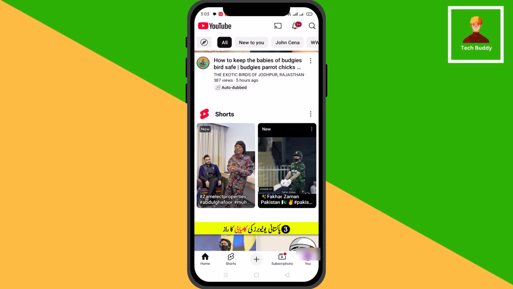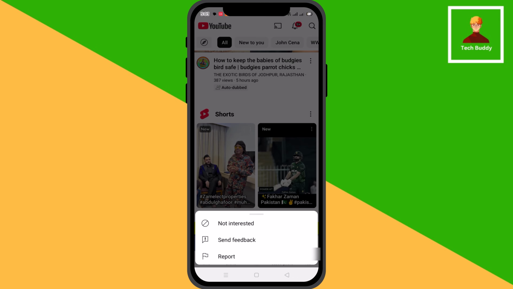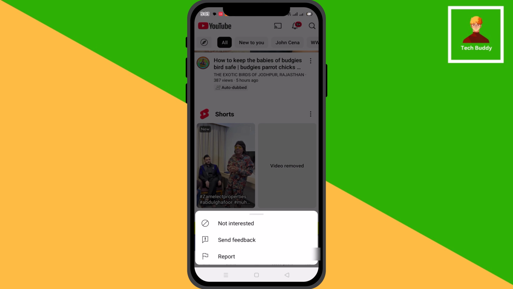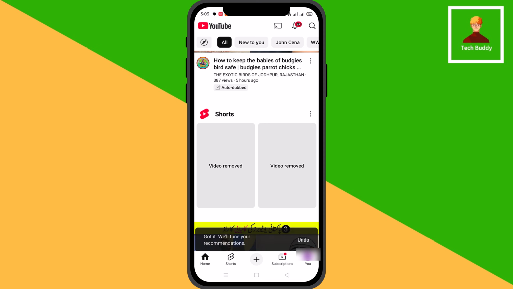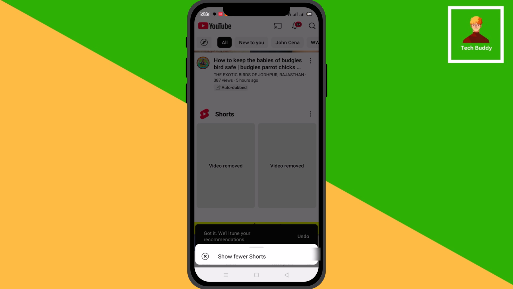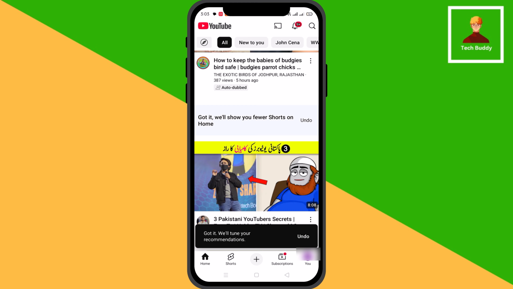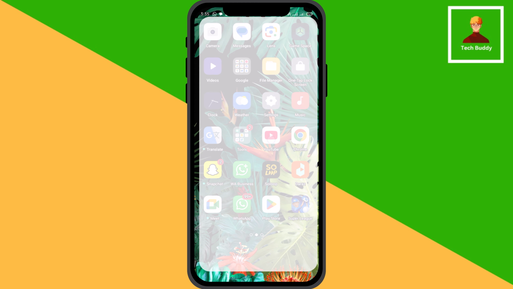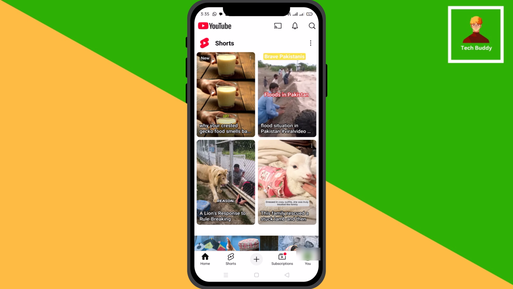To reduce them, tap the three dots on the top right of any short and select Not Interested. Do this for each short that shows up. Then, tap the three dots in the short section itself and choose Show Fewer Shorts. You may need to repeat this a few times, closing and reopening the app, but eventually you'll see fewer shorts